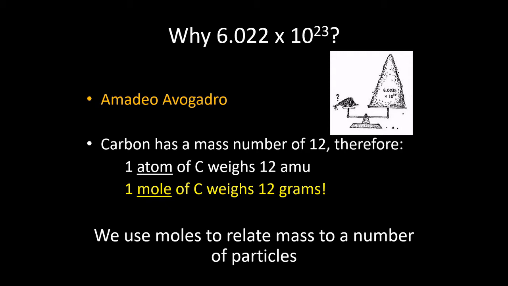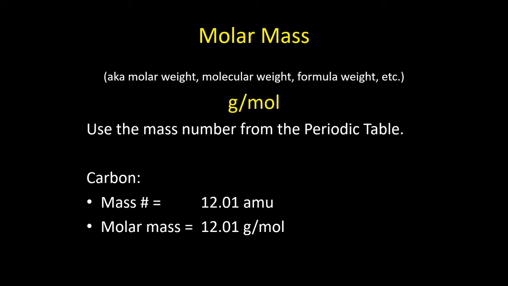You can't look at a sample of carbon and take out some tiny tweezers and count the number of carbon atoms. It's just not physically possible. But because we have a conversion factor where we can convert from the number of moles to the number of particles, and because we know that whatever the mass is on the periodic table is the mass of 1 mole, it gives us a bridge, a pathway to go from the mass of something to the number of particles,